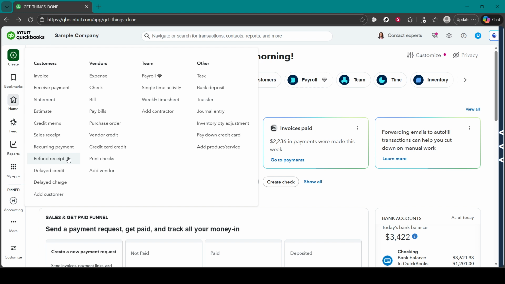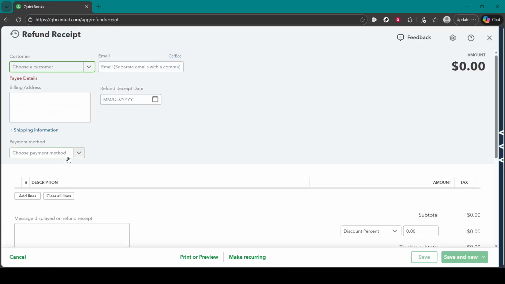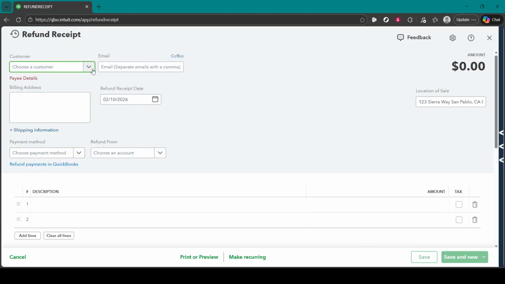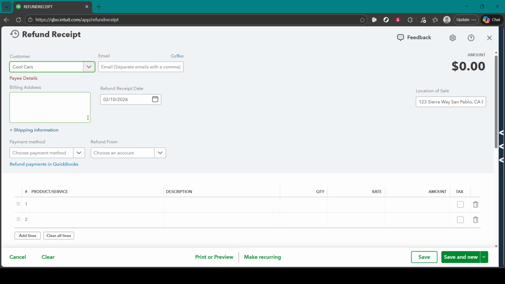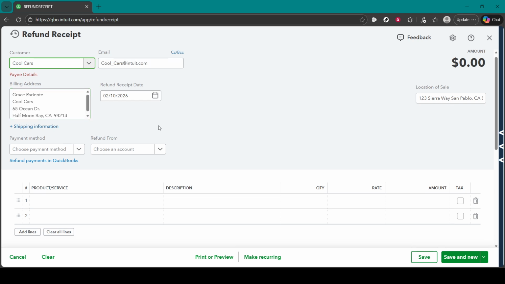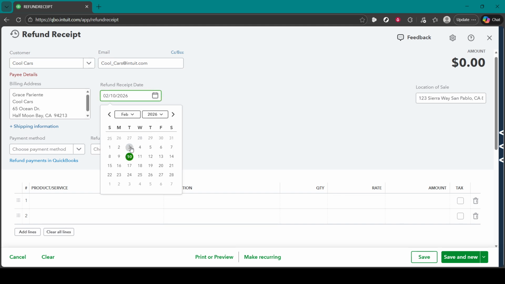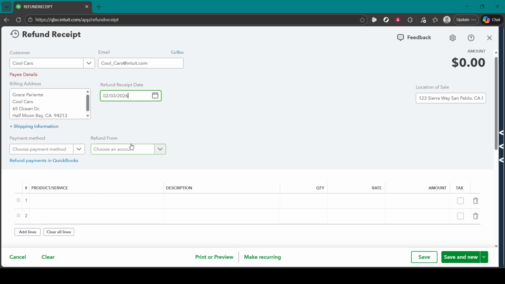Once the refund receipt form is open, take a moment to fill everything in carefully. Start with the customer field and select the exact customer you refunded. Use the same customer name as the original sale to keep their history consistent. Next, set the date to the day you issued the refund so it lines up with your bank statement. If you have a receipt number or a reference from your payment processor, enter it to make the transaction easy